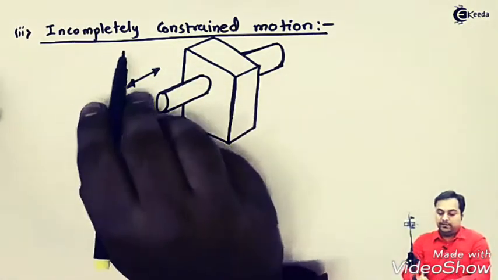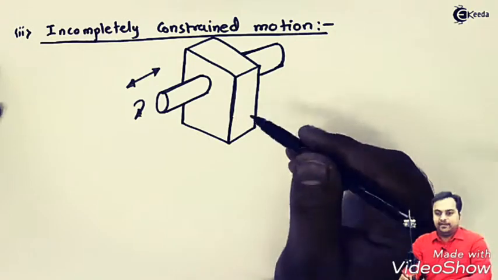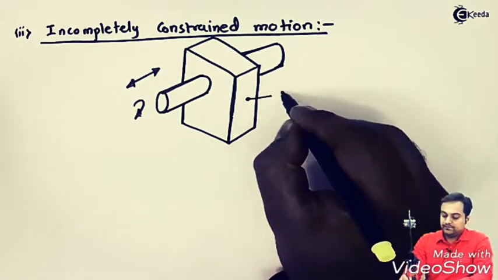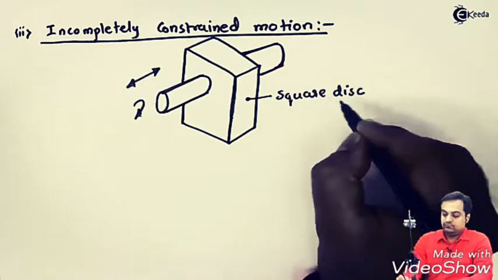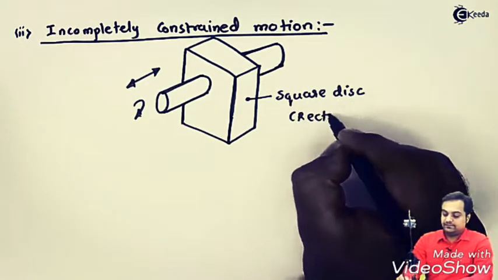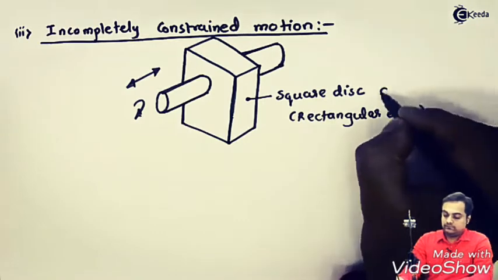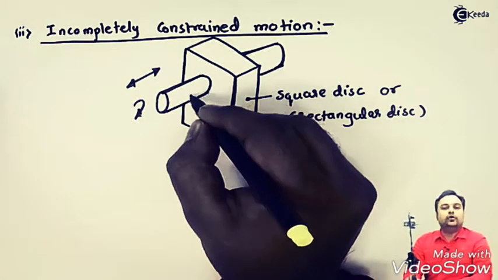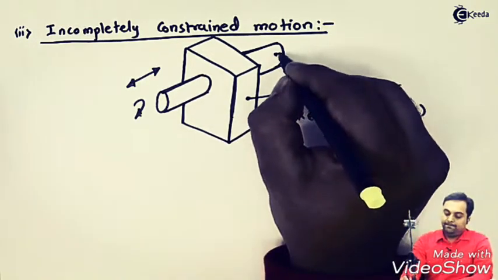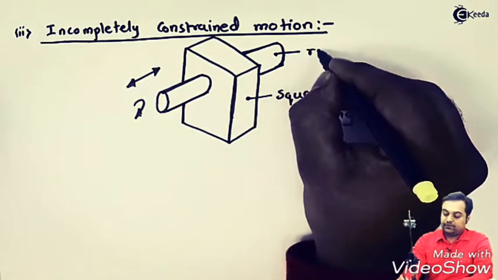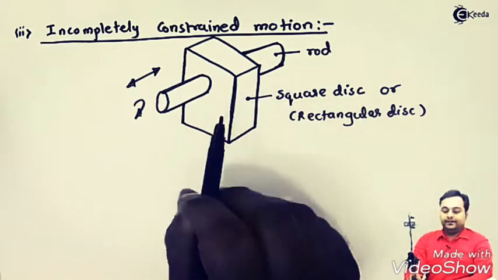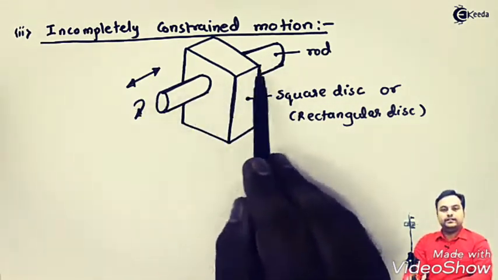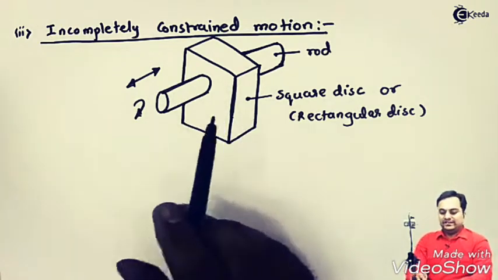Now, incompletely constrained motion can be explained with this diagram, where in a square disc or a rectangular disc, if we are having a circular hole and in that we are having a circular rod, then we can see that this rod can reciprocate inside the disc as well as it can